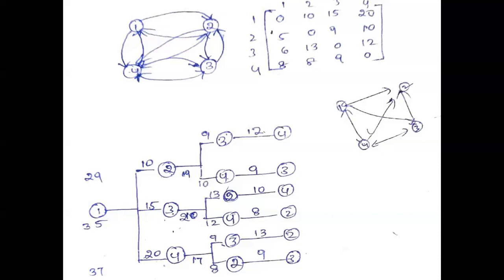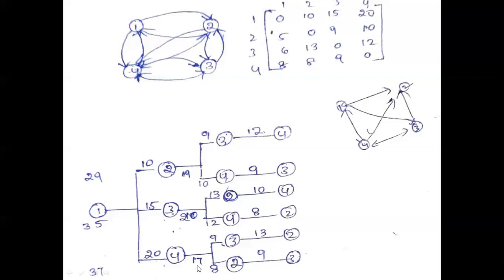In dynamic programming, you must consider all decision sequences, meaning from the first vertex to the second vertex, first vertex to the third vertex, first vertex to the fourth vertex. From first to second, then second to the remaining vertices. From the first vertex to the third vertex and then reaching the third vertex, consider the shortest path. From the first vertex to the fourth vertex, consider the shortest path. Suppose you consider 1 to 4. From the fourth vertex to reach the remaining vertex, 9 plus 13 is 21. Here 8 plus 9, 17.